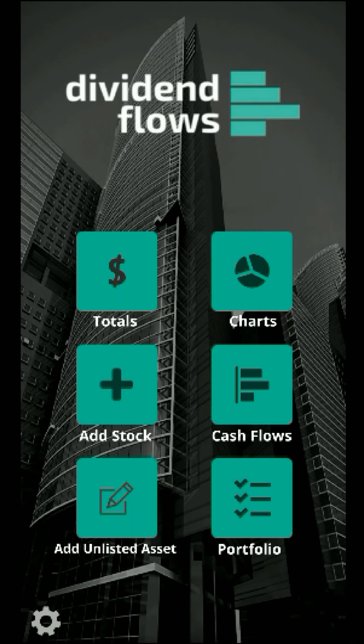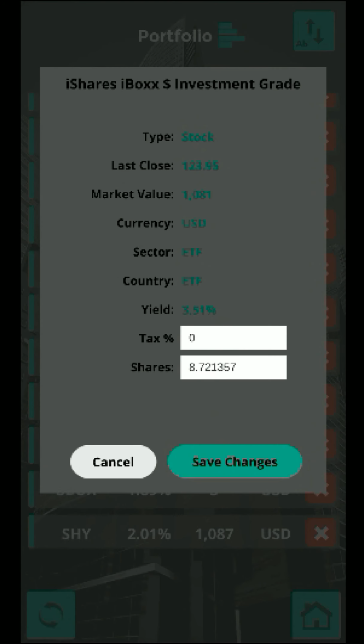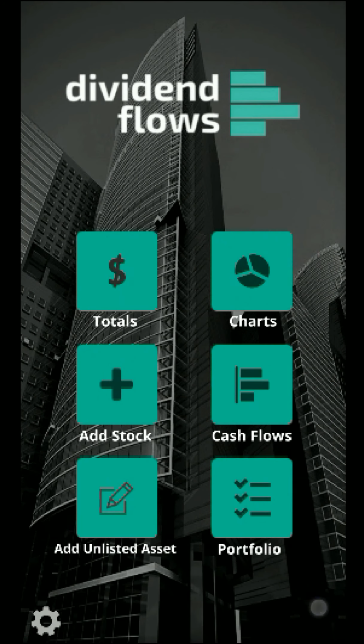But there you have it, guys. Dividend flows. It helps keep track of all these different incomes from different stocks that I have, different holdings, and different bonds and such. So it just gives me a good visual of what money I can be expecting in. Now, this is also just a snapshot, so this assumes that I'm never going to invest more money again. It doesn't take into account reinvesting my dividends, which is why you have to go into your portfolio and update holdings manually, because you're going to get more, you're going to grow those positions,